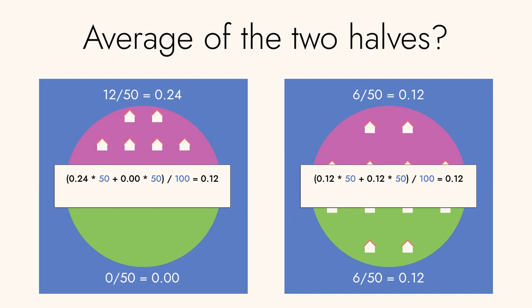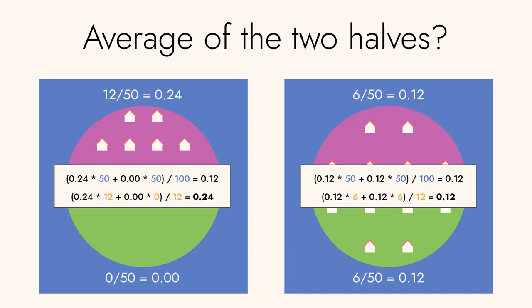We can weight by population. So in the first case, we end up putting all the weight on the first number, right? We are weighting 12 times 0.24 plus 0.00 times 0. And that means that our final result is 0.24, so it's higher. On the right, however, we end up with putting 6 weight on each of these, so it's a 50-50 like before, and we end up with 0.12 again. Which means that what we've got here is a metric that tells us that the first region, where the things are closer together, is more urban than the thing on the right, which is more spread out. So it's less urban, less dense.